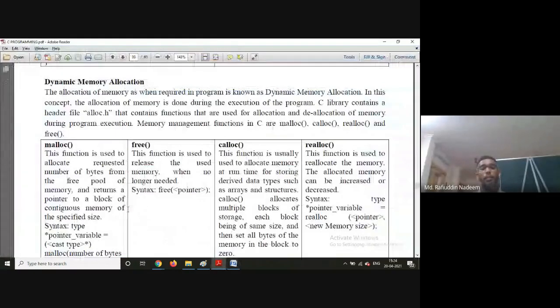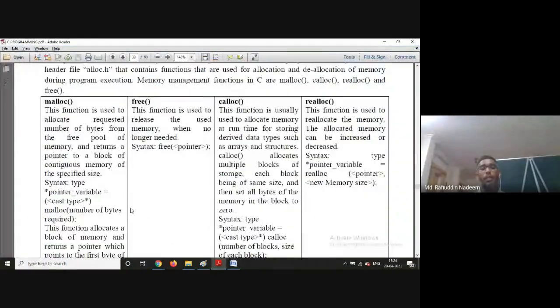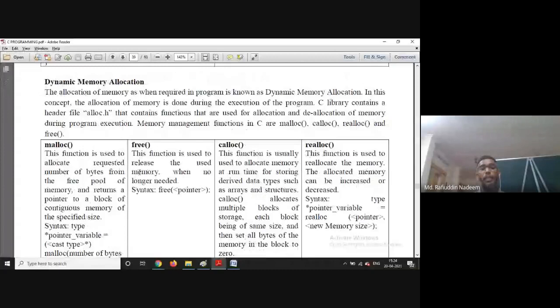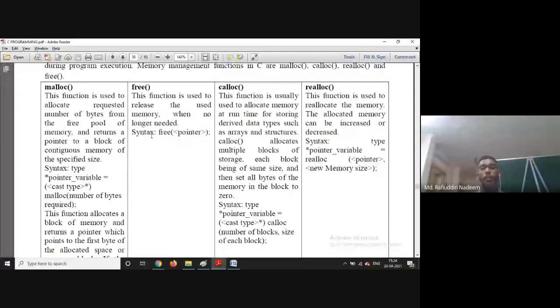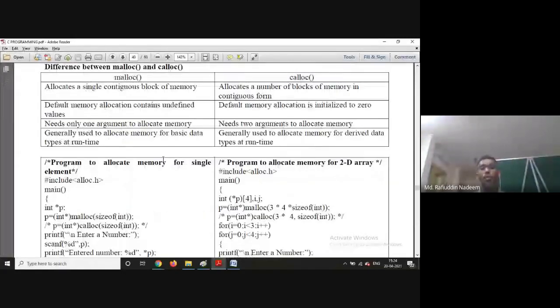Another very important concept here is that it is the responsibility of the user to allocate the memory and free the memory dynamically. So once the memory is allocated, after using it, the last statement before we quit, we need to deallocate the memory. For deallocation, we have a function called free, which is used to deallocate the memory. It is going to release the memory. Simply you can say free pointer, then the memory is deallocated. Like I have used it in the program.